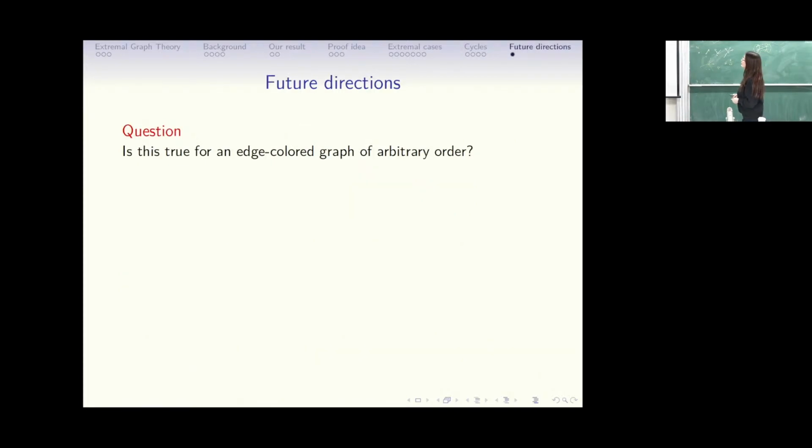Future directions. Question 1: the entire method is based on the regularity lemma, so it only worked for large enough n. Recall that in Fujita's results, they can actually show it for all n. So the first question is, does the whole thing work for arbitrary graphs as well? We don't see any reason why it doesn't, but if you want to show it for all n, then a very different method is going to be needed.